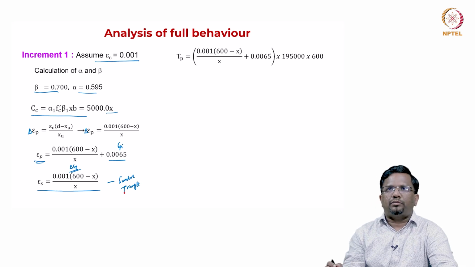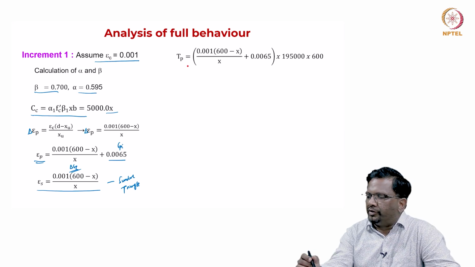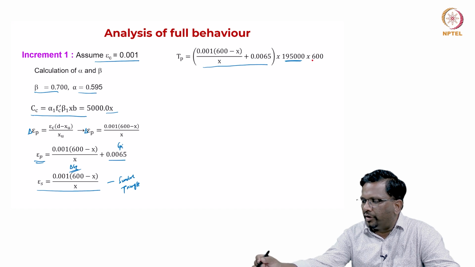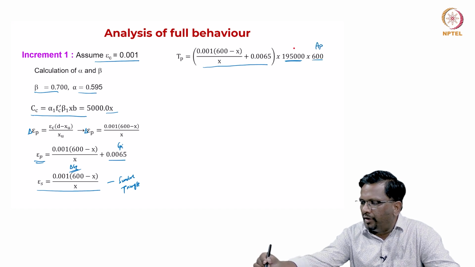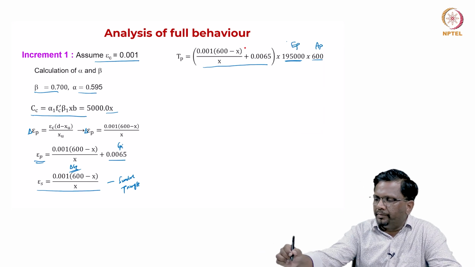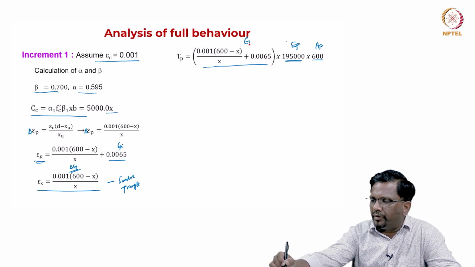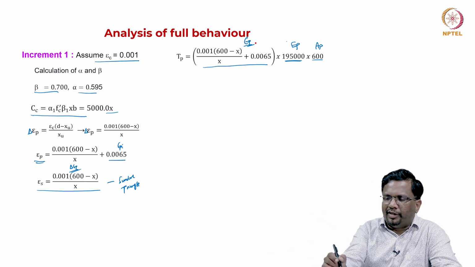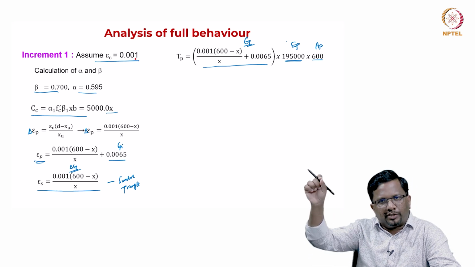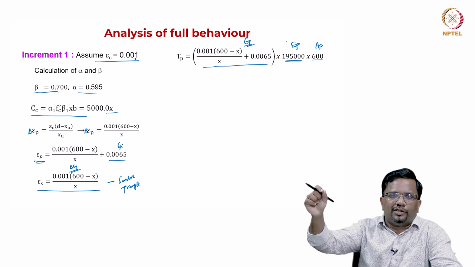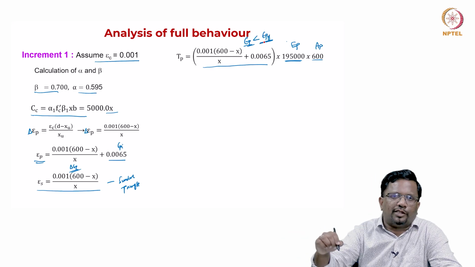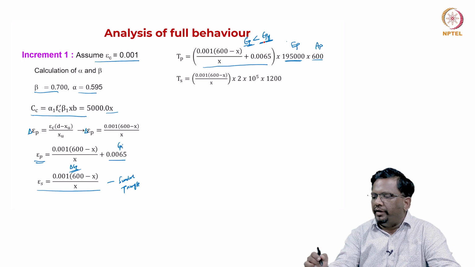Now, the tension force Tp is epsilon p times this 195,000, which is EP, multiplied by area, which is AP. Here we are assuming that because the strain is very low, the pre-stressing steel still has not reached its yielding strain. So that means this epsilon p, I am assuming, is less than epsilon py. Again that assumption has to be verified. Ts now is